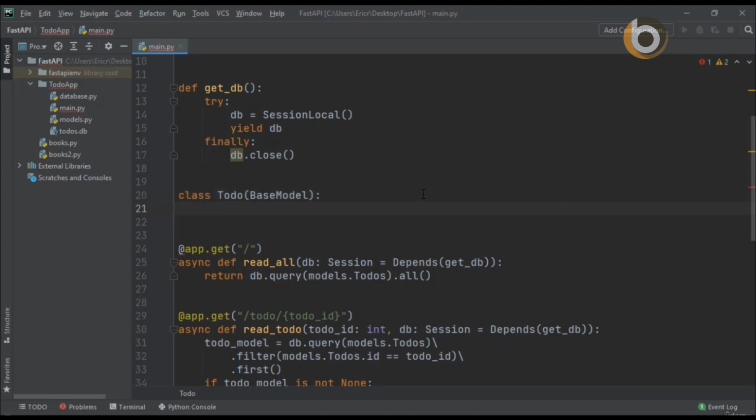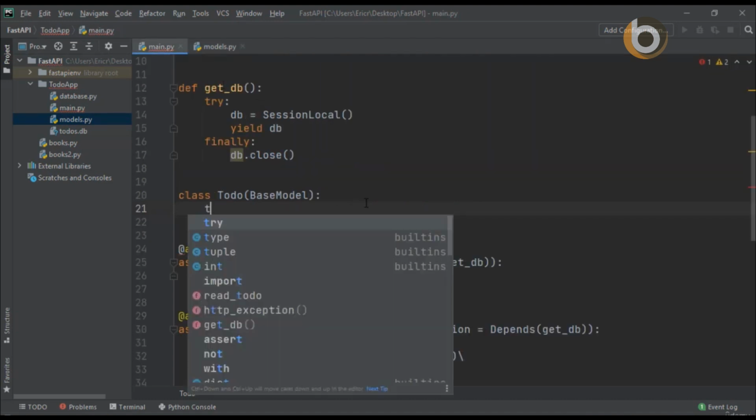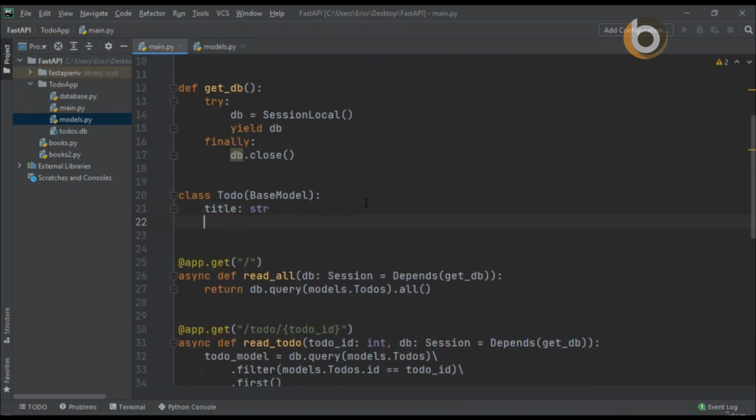And now here we need to create all the variables within the class Todo that we want to receive as a post request. Now within our models.py, we can see our todos is going to have an ID, a title, a description, a priority, and a complete. For us to create a successful record, we need at least a title, description, priority, and complete, and then we'll let the ORM handle all of the ID auto increments. So let's go back to main, and let's say we need a title of type string, a description, which we're going to say is optional, and also a string,